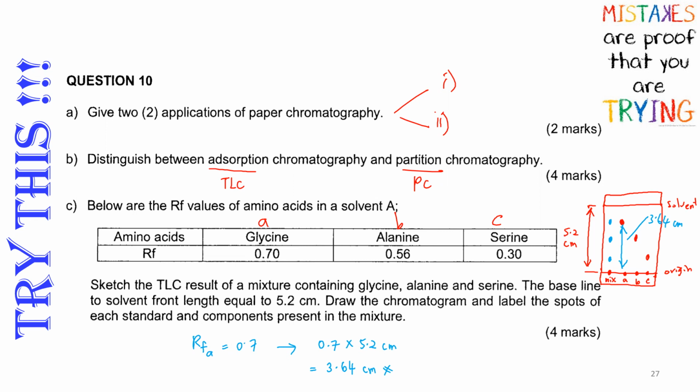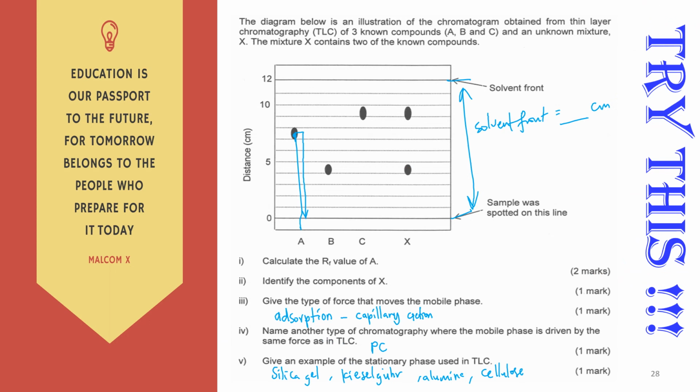So you must draw that 5.2 cm accurately. Draw the chromatogram and label the spot of each standard and component present in the mixture. So right now you can't simply put 0.3 lowest, 0.56 second, the third one is 0.7. You can't. You have to convert into centimeters too, because they give you the baseline to solvent front as 5.2 cm. So you calculate, and for Rf 0.7 you get 3.64. So measure 3.64, get that measurement, write it correctly, then you can draw. Okay, so this is the second question. You can read and look, later we